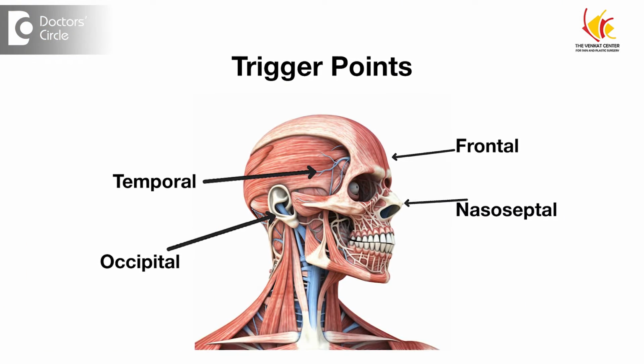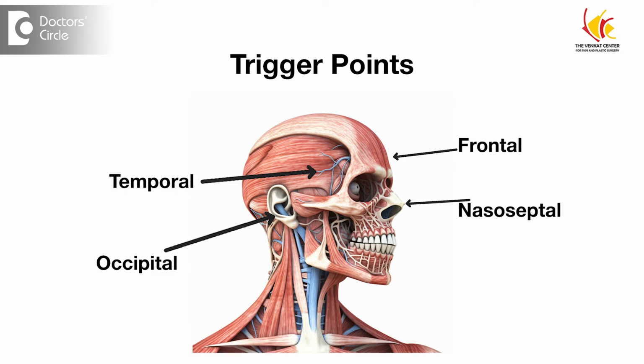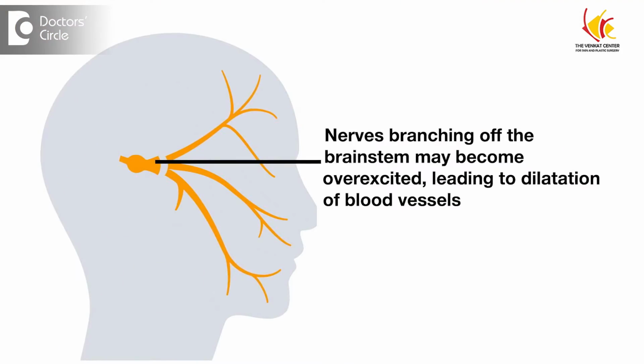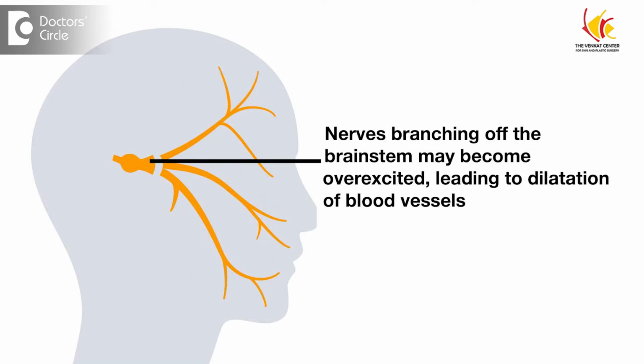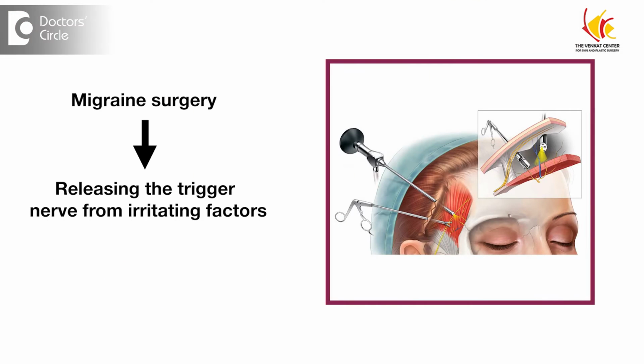As you might have seen in our previous videos, migraine surgery is done for patients suffering from migraine who have trigger sites. As we explained, trigger sites are the starting point of a migraine. There are points in your face underneath the skin where the nerve gets irritated and that triggers the migraine. So we first identify the trigger site, and then if the patient's a good candidate for surgery, we plan them for migraine surgery. So in migraine surgery, what we're essentially doing is we are releasing this trigger nerve from whatever